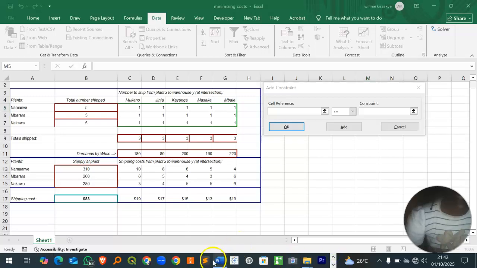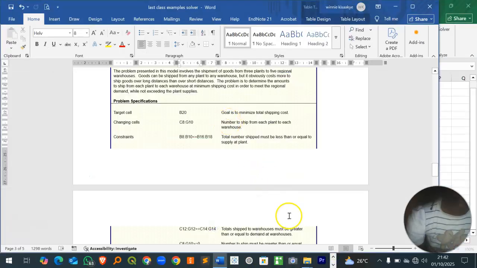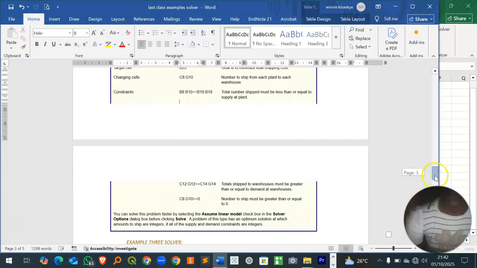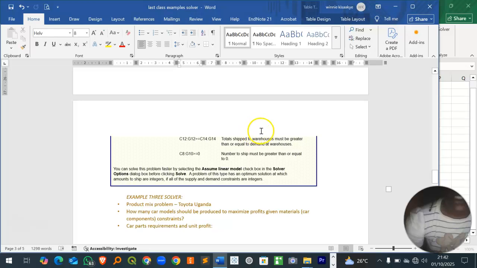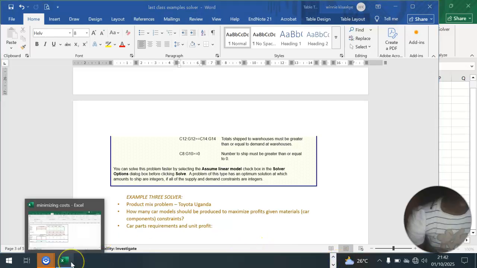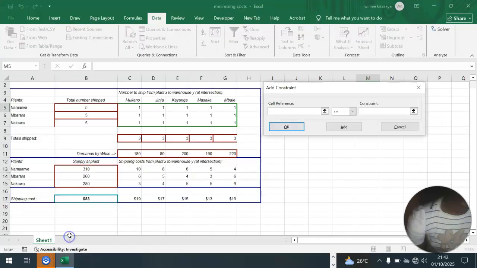Then you add a constraint. They are saying total shipped to warehouse must be greater than or equal to demand at warehouse. Let's see. Total shipped must be greater than or equal to demand at warehouse. So the total shipped here must be greater than or equal to demand at